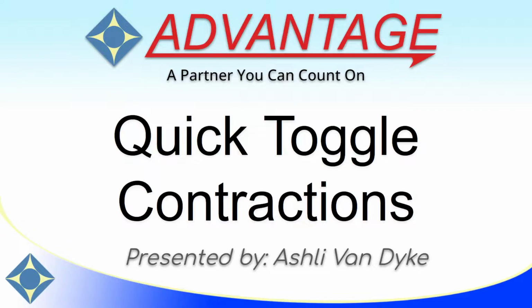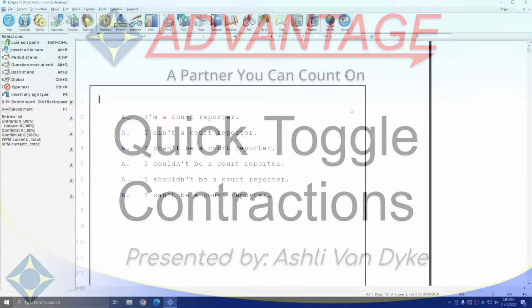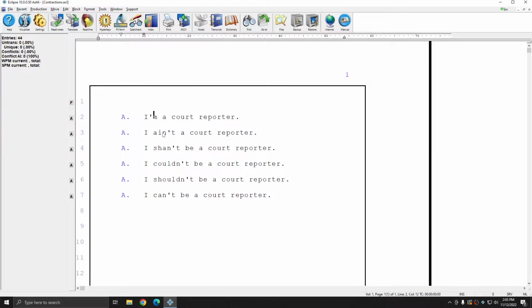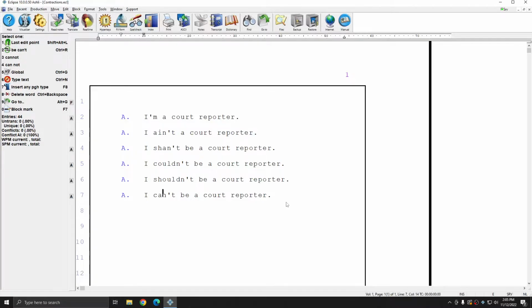I'm Ashley Van Dyke with Advantage Software, and on today's video, Quick Toggle Contractions, I'm going to show you how the custom contraction list works with the flip apostrophe command. I'm in Eclipse and I have a document open, and within this document are a number of contractions throughout each of these sentences. And I'm going to show you how you can contract and uncontract entries like this using the